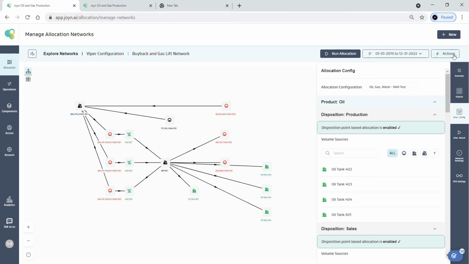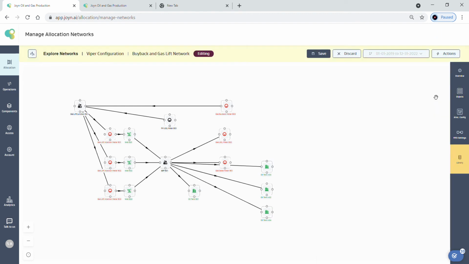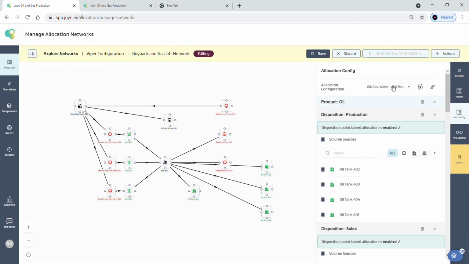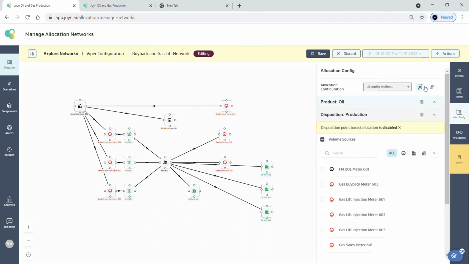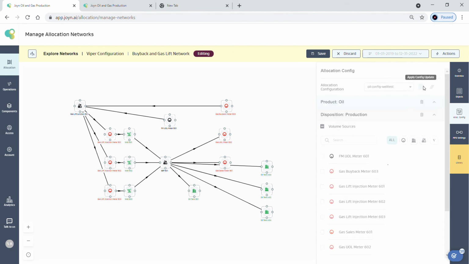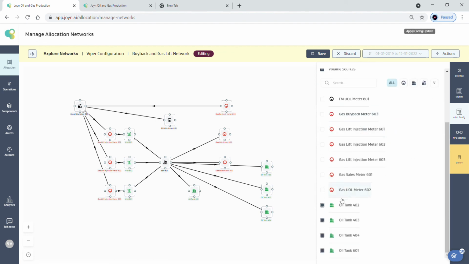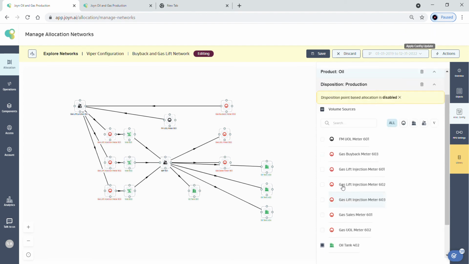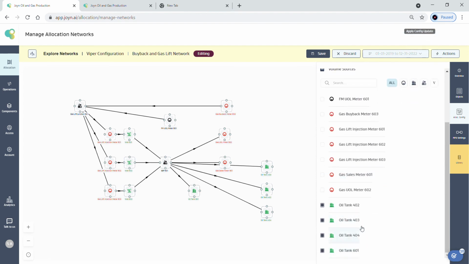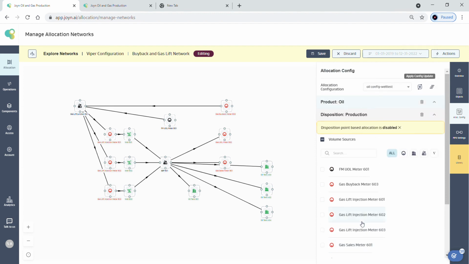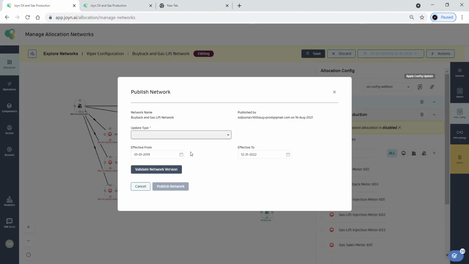Similarly, if the user had decided to change the allocation config, in this case I move away from the oil gas well test config and just switch to an oil config. In that case, the volume sources which were earlier selected and saved are automatically pre-selected when a new allocation config is assigned. And this only happens if this object type is a valid production disposition volume source in the new allocation config which is selected. So I can just go ahead,